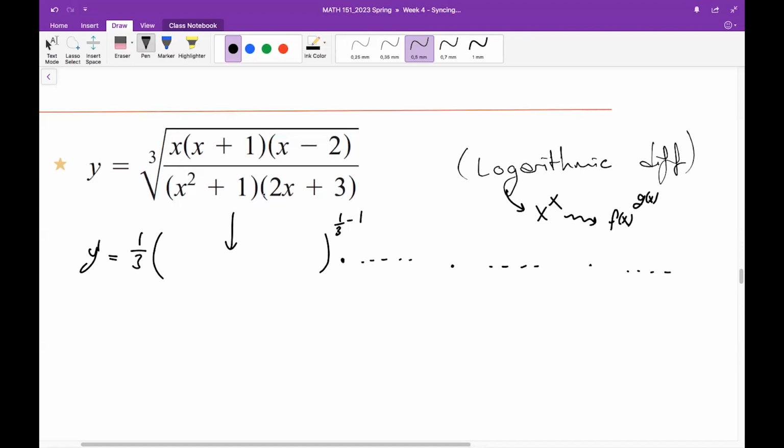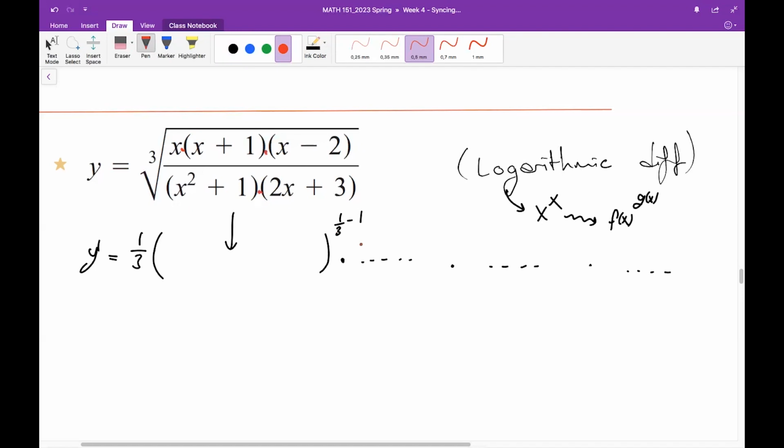It is a quotient first of all. You need to apply the quotient rule. While applying the quotient rule, look at the numerator and denominator. They contain lots of products. For example, for the denominator, you will apply the product rule twice. Also for the numerator, the product rule you should apply once. So this is time consuming, too long.